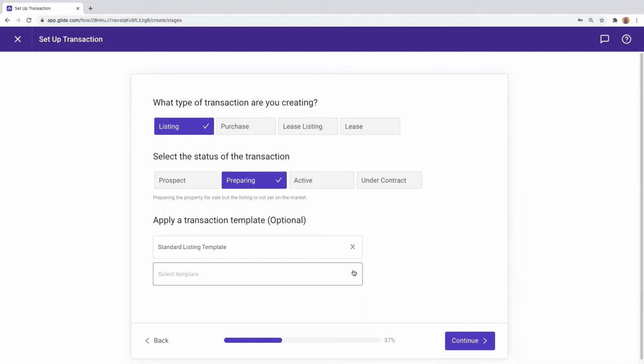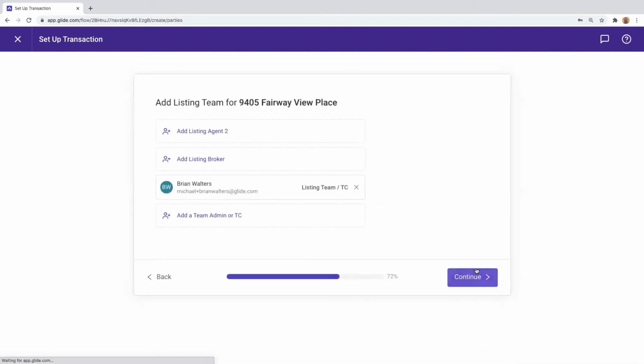And notice that you can stack templates as well. So for instance, maybe you have a standard listing template and you have an HOA template. You can add that here and stack them one on top of each other. I'll click Continue to go through my next part of the process, which is going to be adding any additional